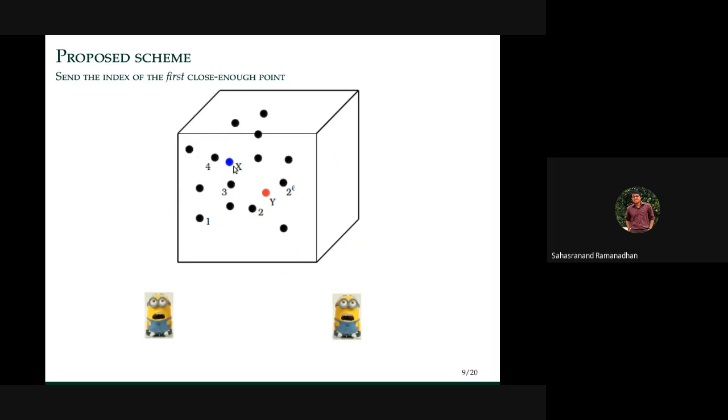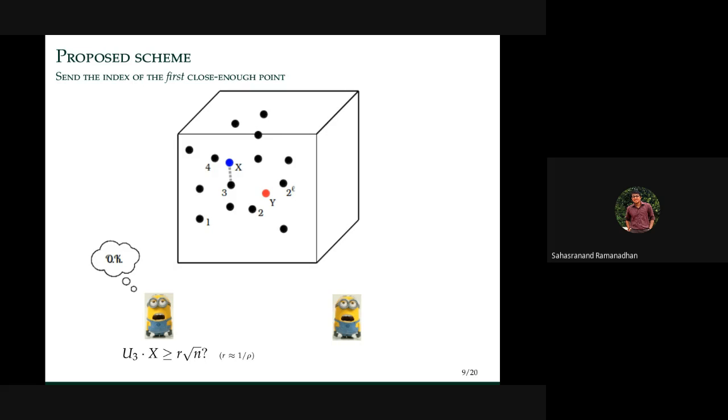So in order for one party to specify any one particular black point, he just has to communicate L bits, because there are only 2 to the L of these black points. So now what is our scheme? Party 1 checks if his observation vector is close enough to the first random vector u1, meaning he checks if the distance is smaller than a particular threshold. So he says it is too far. Then he looks at the second point. If that is close, no, that is also too far. Looks at the third point. Yeah, looks like this point is okay.